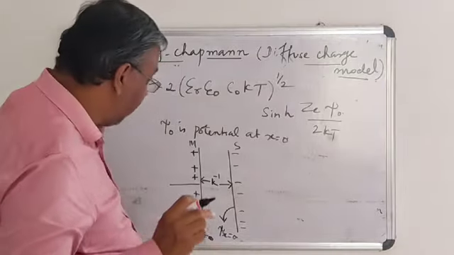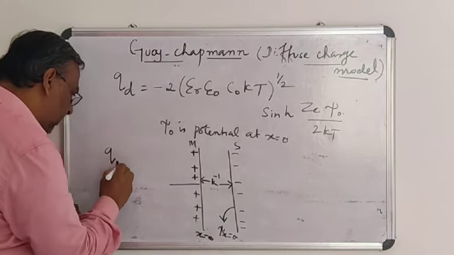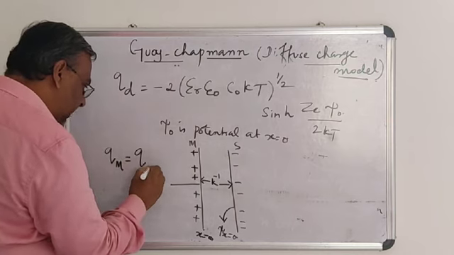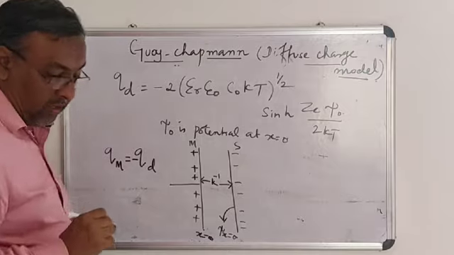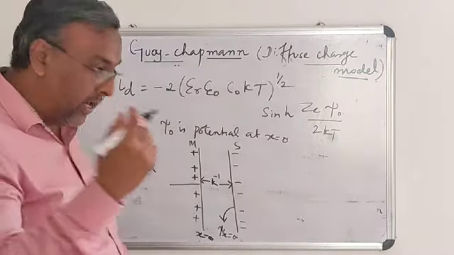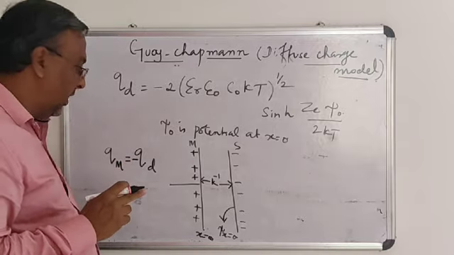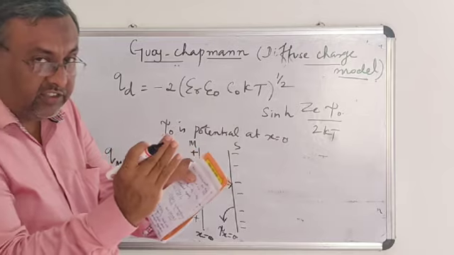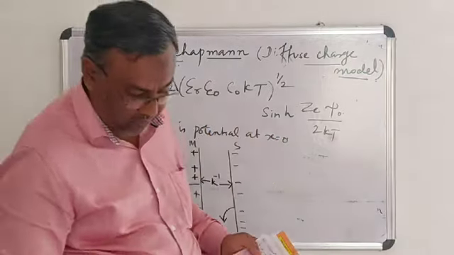So here in this case what happens? The charge density over the metal will be equal to the charge density in the diffused state, but with the negative sign. It is equal in magnitude, but the charge will be of negative sign. It will be almost equal when the distance is very close, or at x equal to 0.